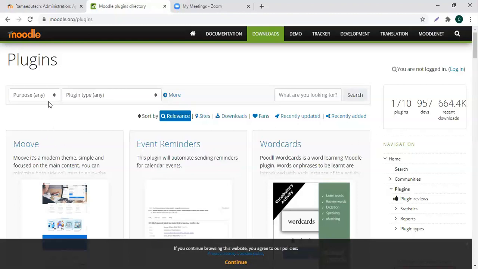How do you choose that? By going through the purpose. What is the purpose of having an extra plugin? Is it related to administration, assessment, collaboration, communication, content, or interface? Okay. Now I want it related to interface.